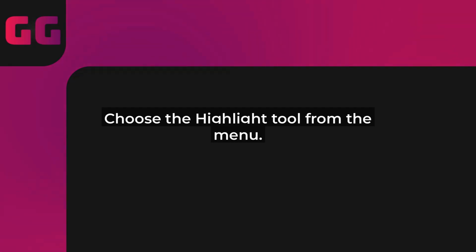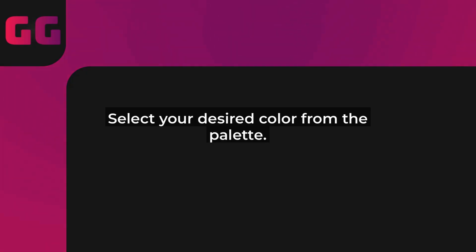Now, for the fun part, changing the color. In the commenting menu, find the highlight tool. It might be under a drop-down or a separate button. Once you select it, a color palette should pop up. Adobe Reader in 2025 has made this even easier with more vibrant options and presets. Click on your desired color, maybe a bright blue for important notes or a soft green for references. Don't forget, you can also adjust the opacity if you want a subtler effect.